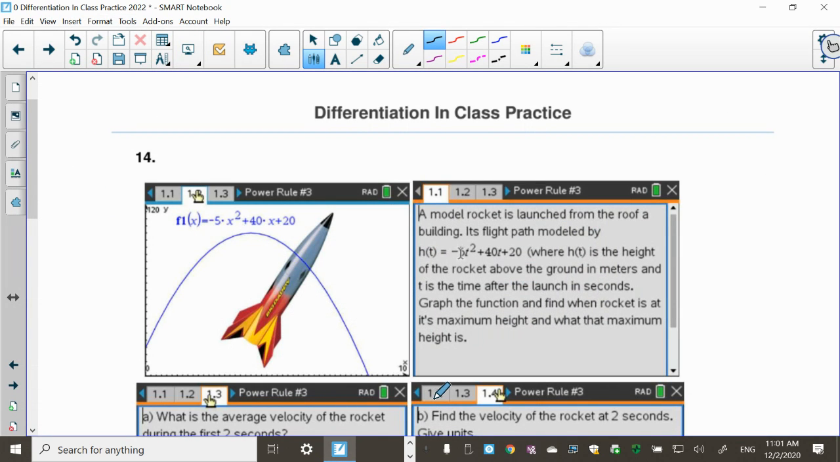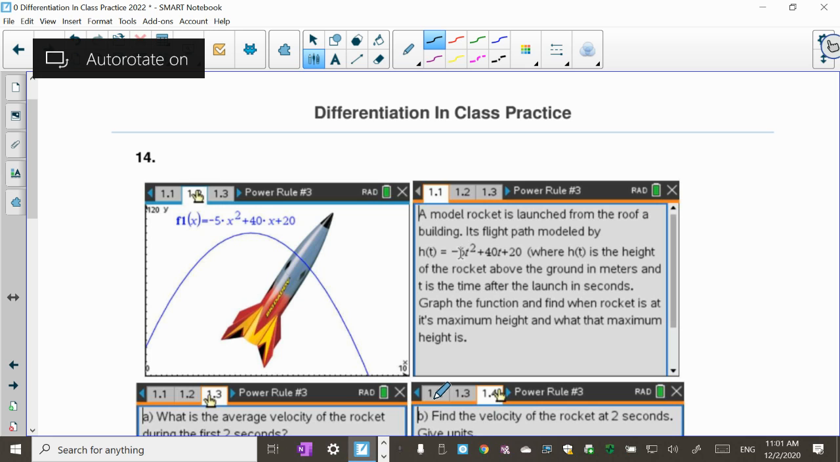Okay, this is a video for our Calculus 1 Differentiation in Class Practice number 14. Normally this is done on my TI-Nspire. I would be sending this to you, but I'm going to do a video so you can see it and practice using our derivatives. This is very similar